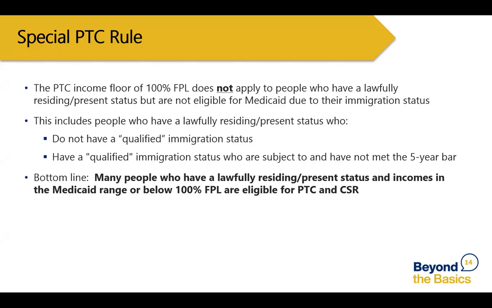So first, there's a special rule around premium tax credit eligibility for people who are lawfully present but are ineligible for Medicaid due to their immigration status. Typically, you would have to have income above 100% of the federal poverty line in order to qualify for a premium tax credit. This is why in some states that have not expanded Medicaid, people are caught in what we call a coverage gap, right? This is not the case for individuals who are lawfully present but who have income below the